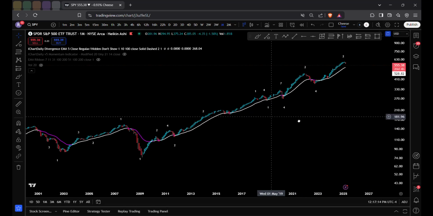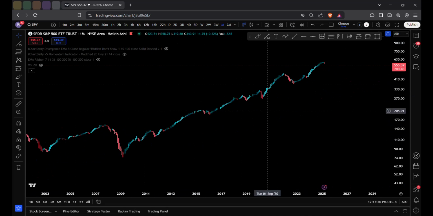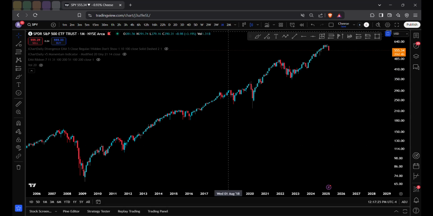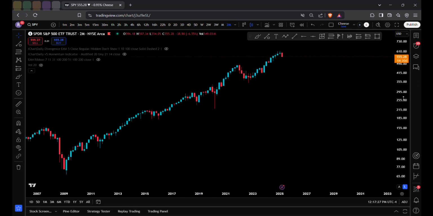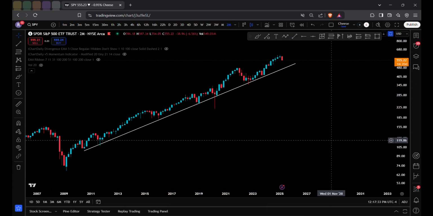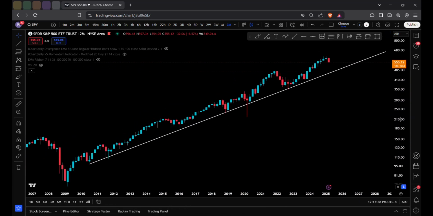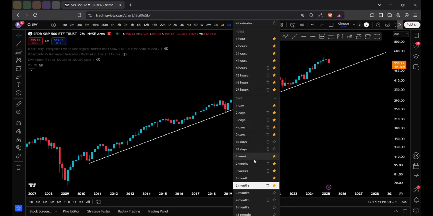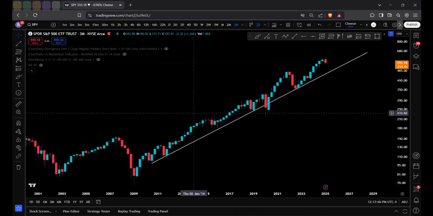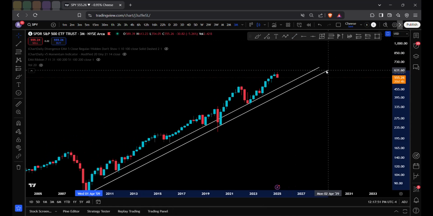The most important thing is, are we going to form the same low or continuously make a higher low, right? As of right now, if it's hard to draw trend lines, continue going longer. Sometimes less candles is easier. So there's trend number one. Okay. I'm curious if I add the 3-month.